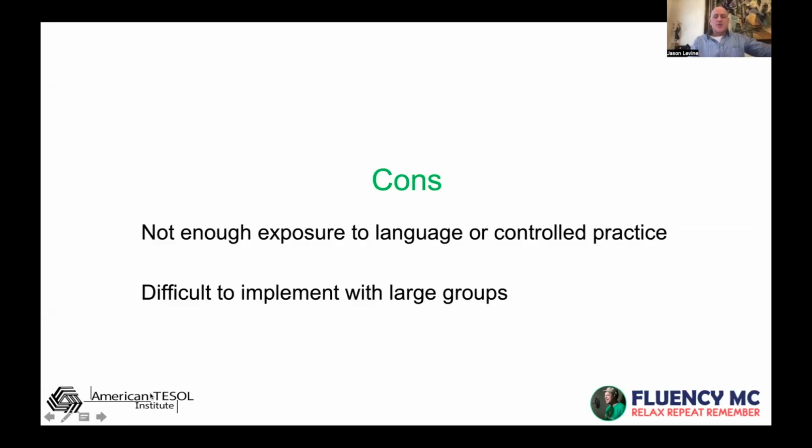So here's what's really important, because I think communicative language teaching is so big, and really how I teach, that what's wrong with it, I feel, needs to be what we then bring in from other places. So a big con is the first one. Where is the input that's needed? What was great about audiolingual was there was this repetitive input focus, and that internalization of language.